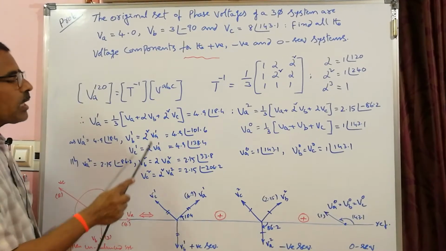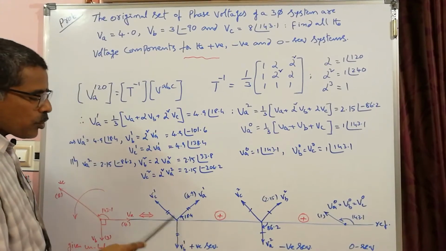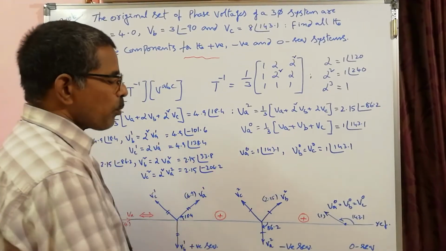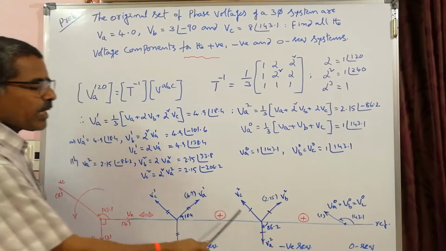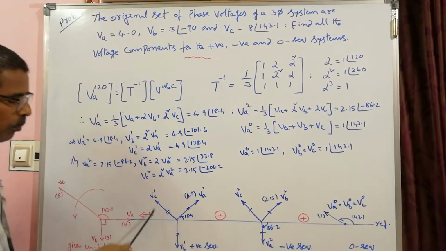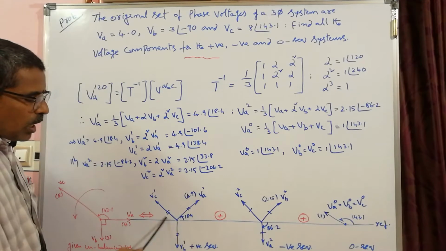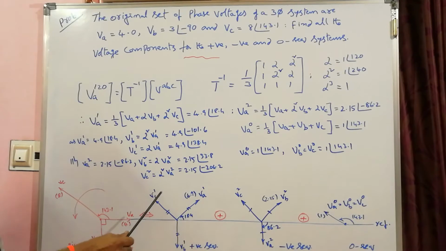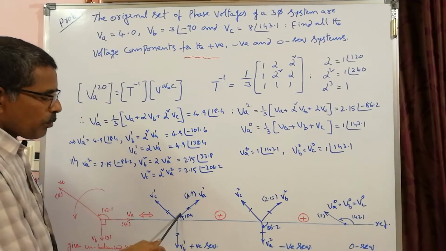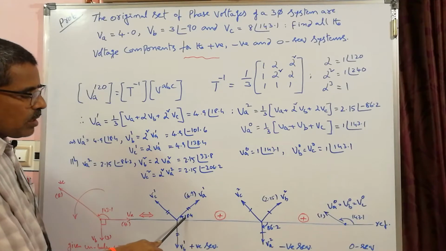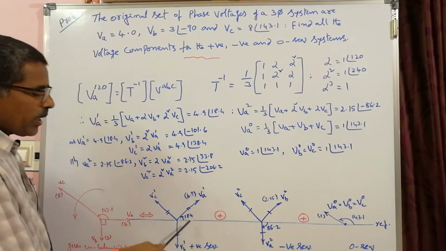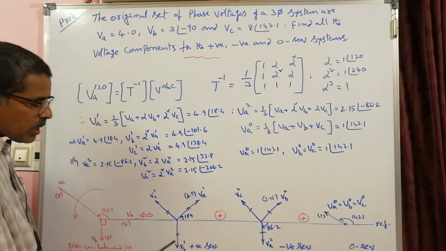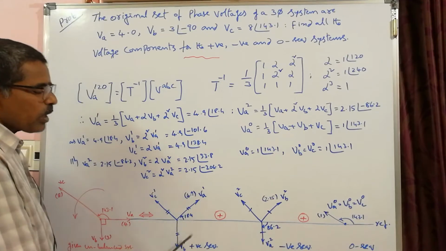You can clearly see that VA1, VB1, VC1 magnitudes are the same because we are resolving the unbalanced system into balanced component sets, 3 sets: positive sequence set, negative sequence set and zero sequence set. Among positive sequence, you can see these are all 120 degrees apart. So this is 138.4 from this to this. If you deduct 18.4, you get 120 degrees between these two. Likewise B to C, C to A also you get 120 degrees.